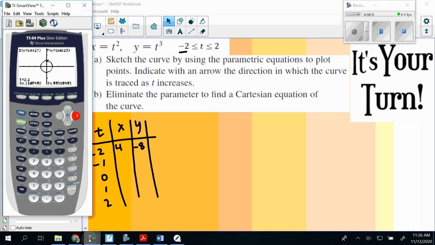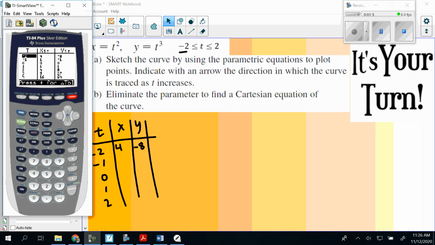If you do have the calculator available, we can do a table on here too. So I'm already in parametric mode, which I explained in a different video. So let's type in these two equations, t squared for x and t cubed for y. Now we're going to use the table feature here, so I'm going to go to my table settings, and I'm going to start this table at the parametric of -2. And now if I go to my table,